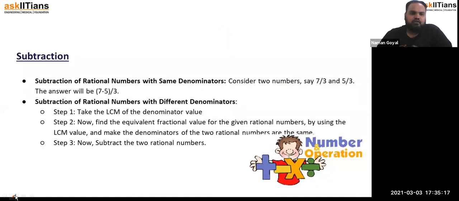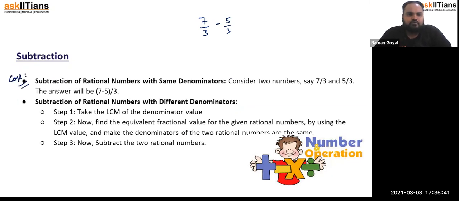Now next is what? Subtraction. Similar steps we have to use for subtraction. Now in subtraction we have to subtract the numerator only. The only difference is that there we were adding the numerator, here we will subtract the numerator. Same. So if we have a question as 7 by 3 minus 5 by 3,